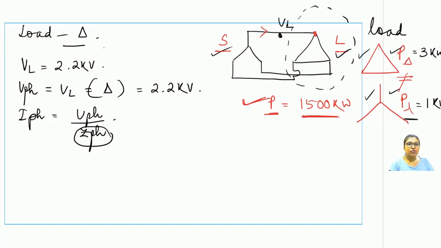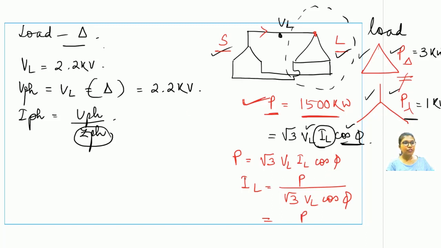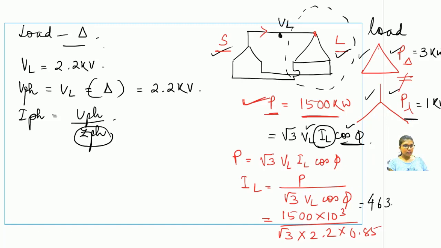So what is the expression of this power? We are still on the load side, so we will be discussing from the load's perspective. It is given as root 3 VL IL cos phi. The value of VL is known to us. The value of cos phi is already given to us. So one can figure out the value of IL. So P is equal to root 3 VL IL cos phi. So IL will come out to be P upon root 3 VL cos phi. Upon substituting all these values, I am substituting over here. So the value of IL will come out to be 463.12